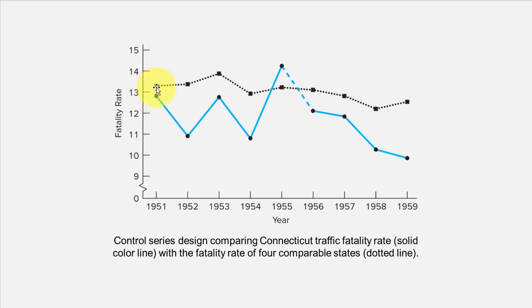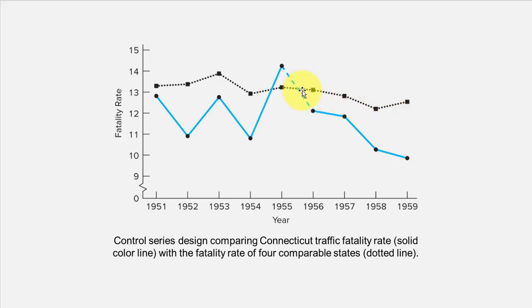So 4 other states have an average traffic fatality rate, and we're looking at rates now as opposed to the numbers, which is a fine comparison. It's okay. So the rate of fatalities for those 4 different states appeared to stay stable over the same time period that the traffic fatality rate in Connecticut began to go down. So because of this, we can see that after the intervention, which is indicated by the dotted line, traffic fatalities began to go down. Now, they started to go down also in these other states, but it is possible that